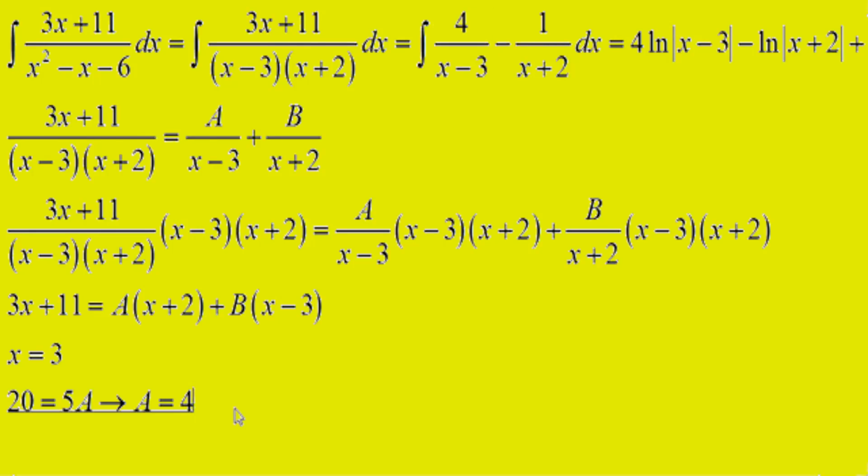And then now we use the other one, x equals -2, and when x equals -2 we get -6 plus 11, which is 5, and then that equals, well, the first term goes away, and we have -5B, so that means that B is equal to